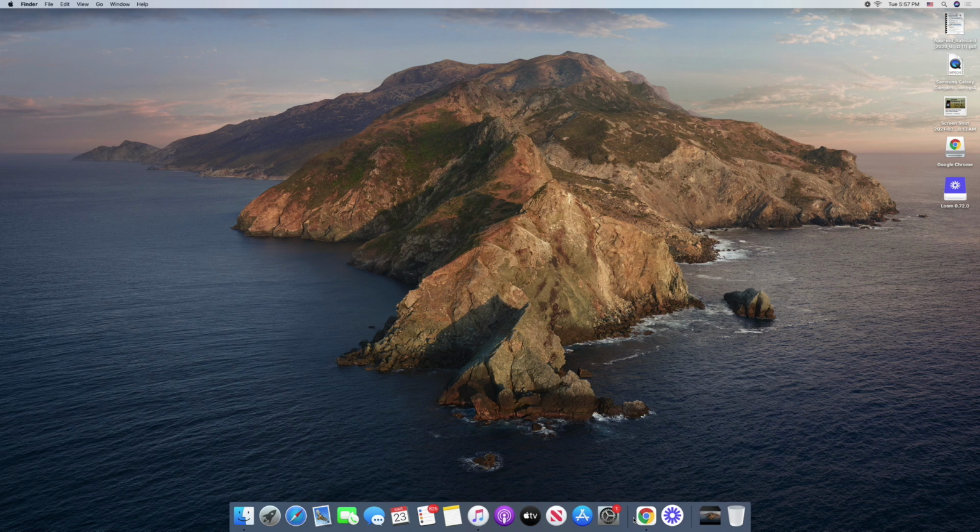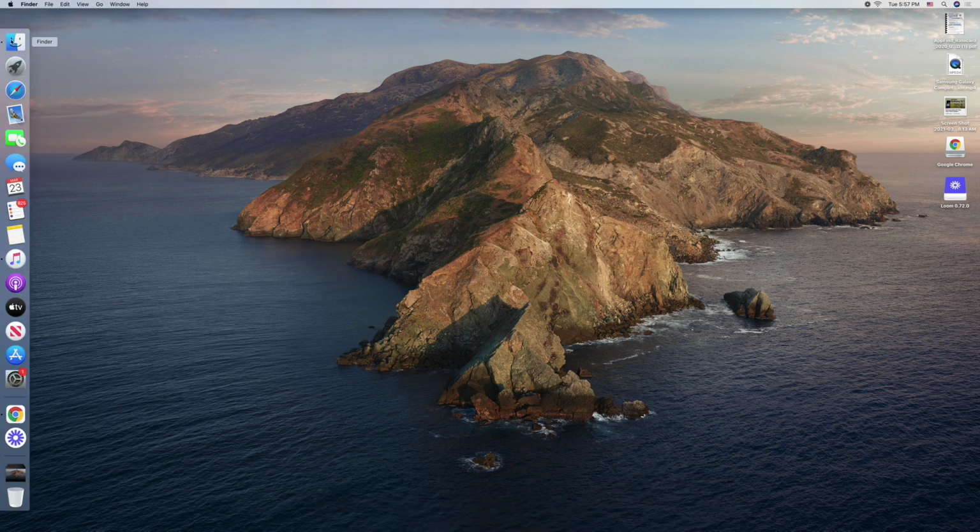Nonetheless though, go ahead and click the control button on your keyboard and then select one of these lines. Now we're going to go up to where it says position on screen. And I personally like having my toolbar on the left side of my display screen. So I'm going to select left, and now you'll see that I have easy access to these applications right here on the left side of my screen.